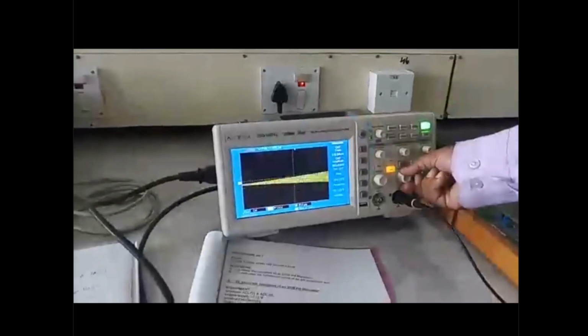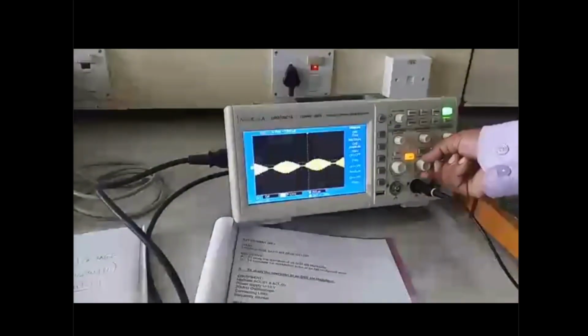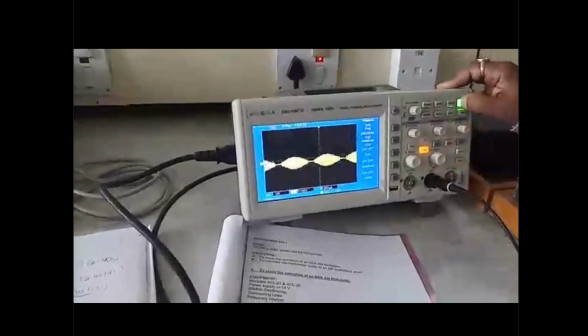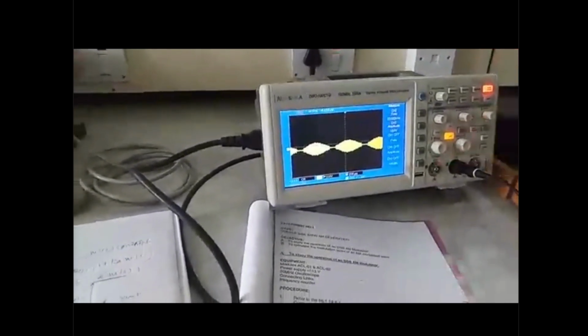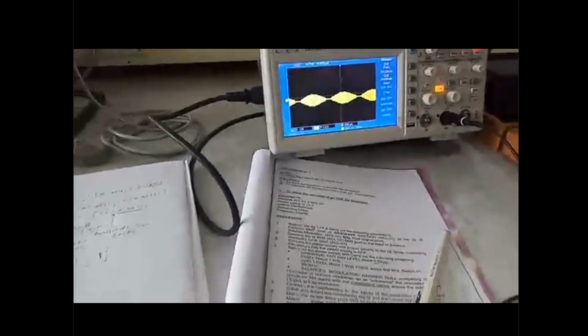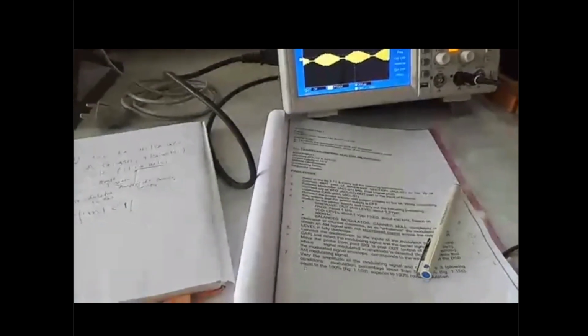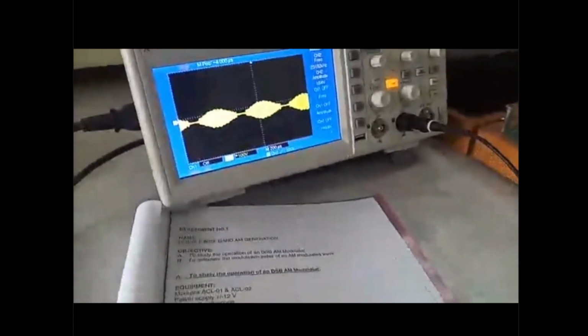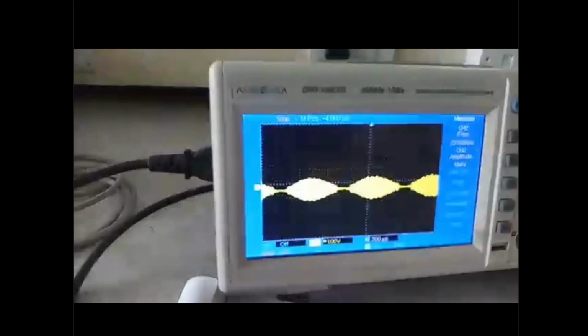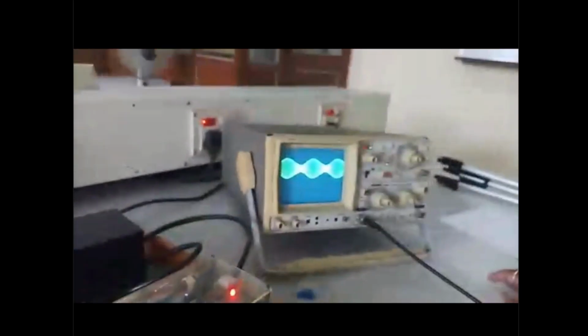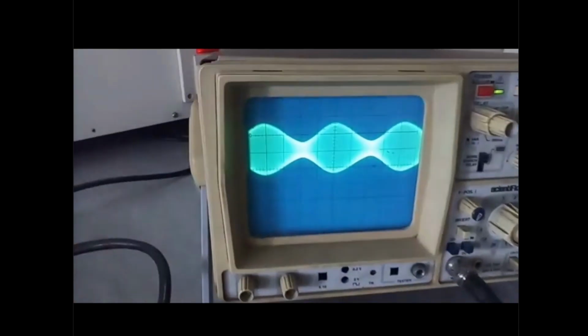Now we have taken the output from here, as I told you. So now this is fixed, and we are using this particular CRO to see the output.